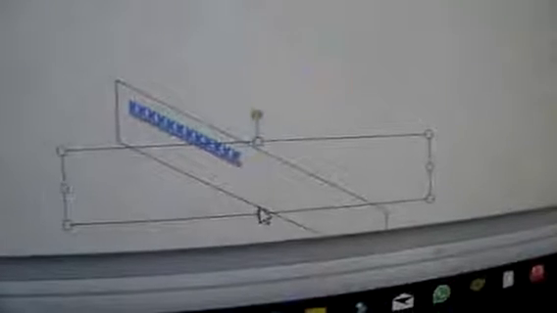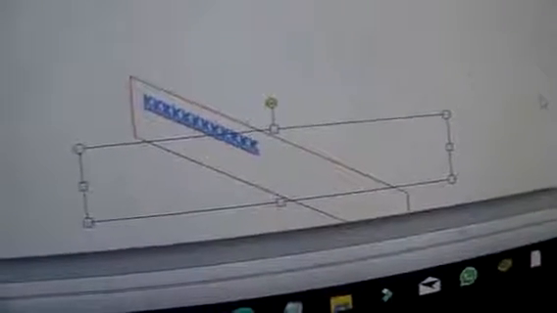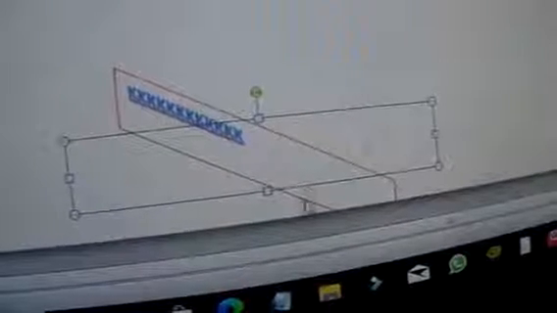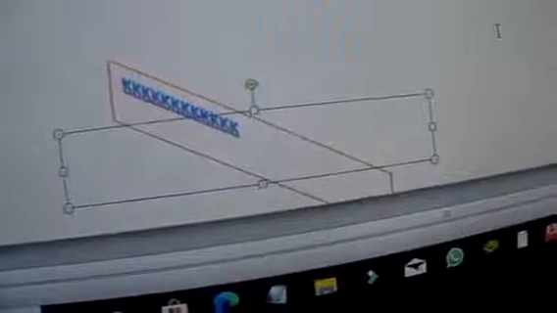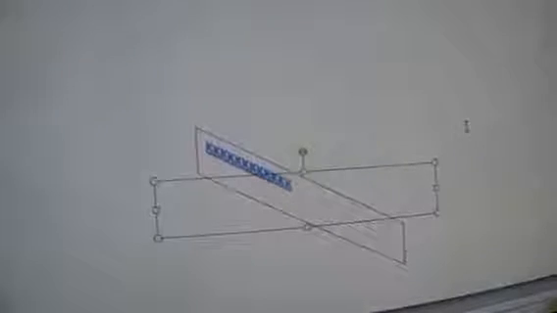It can reach up to there, but if you are typing normally, when you reach here, it means the page is full, you have to enter into the next one. But with the text box, you can type even at the edge of the page. So this is how we insert text boxes. Text boxes are very important to be used for critical points, or when you want to come up with a summary of the program, so it is highlighted. That way you will be able to insert a text box.